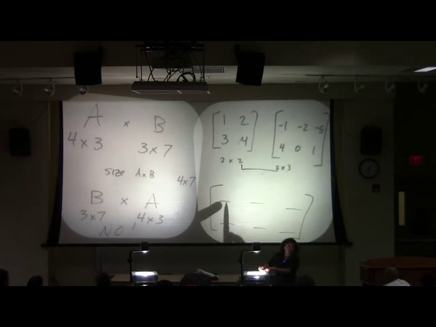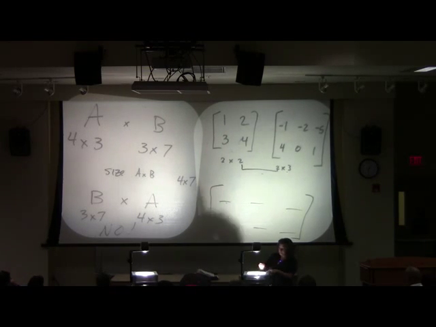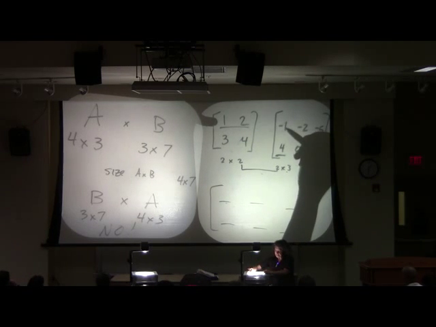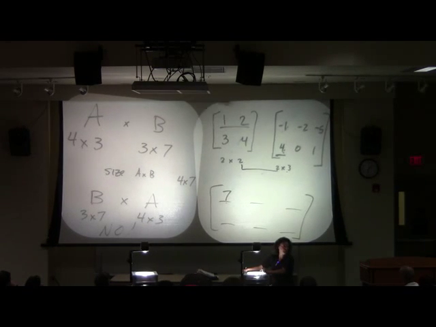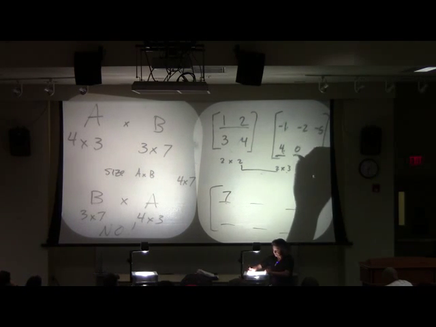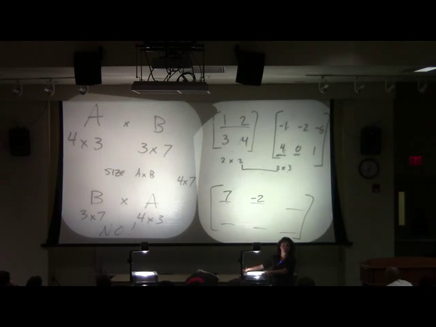So, do you guys agree, in order to find this term, he's in my first row, first column? So what I'm going to do is take my first row and my first column, and the way they intertwine with each other is you take this times this, plus this times this. That's how you do matrix multiplication. So I have -1 plus 8, so I get a 7 here. This guy is my first row, second column. So now I'll jive my first row with my second column. Do you agree I have -2 plus 0, so that's a -2?